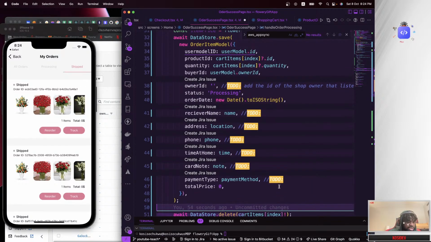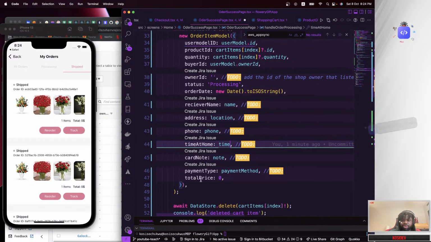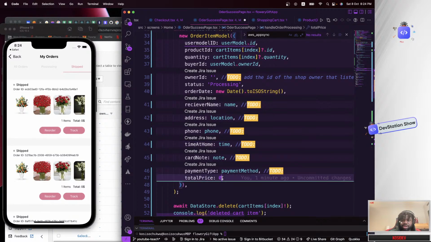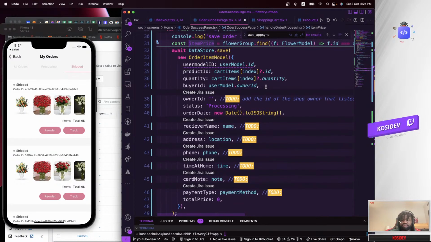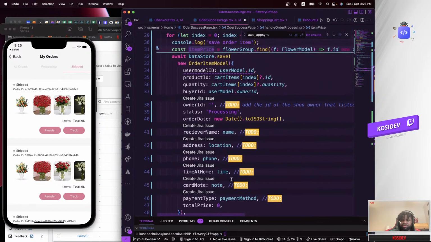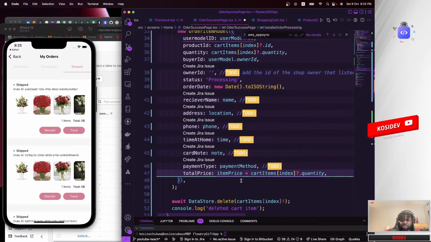So in that beautiful case, what we need to do to calculate the total price is basically to say item price of that particular item that we are looking at the moment times the quantity, and you could do that right in here by just saying item price times quantity.